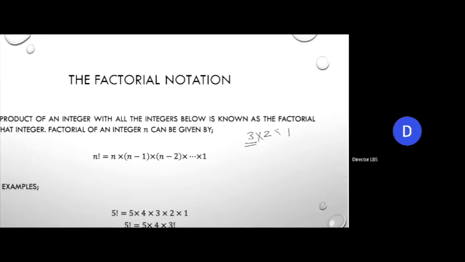इन तीनों का product will become 3 factorial. If I pick up an integer 7, तो कितने positive integers हैं इससे नीचे? 6, 5, 4, 3, 2, 1. The product of all of them becomes the factorial 7. तो any integer और उससे नीचे जितने भी integer होंगे, उन सारे integers का multiplication along with that particular number becomes the factorial. This is a general representation of factorial. That means n factorial can be given by n times n minus 1 times n minus 2, and it goes up to 1.